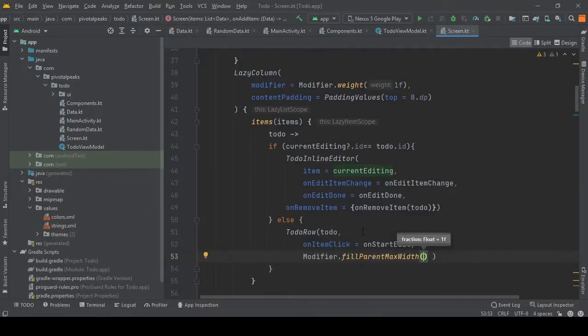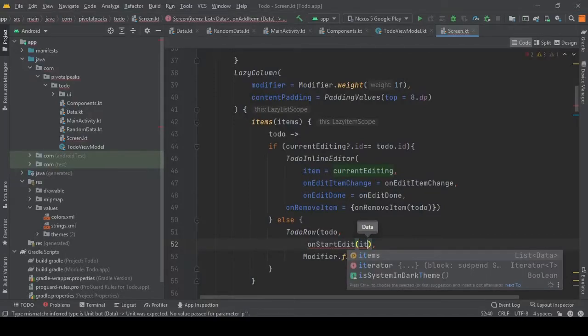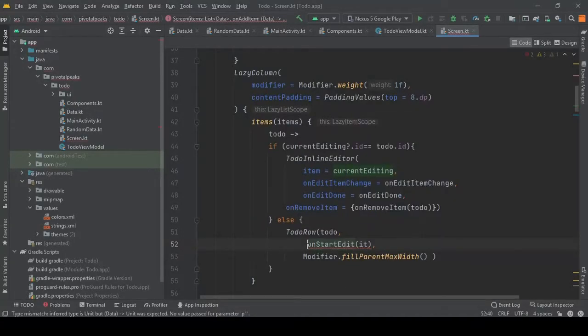And here we don't need to actually call the on item click, we can just simply call the on start edit directly. And also we need to pass the it and put it inside the curly braces.